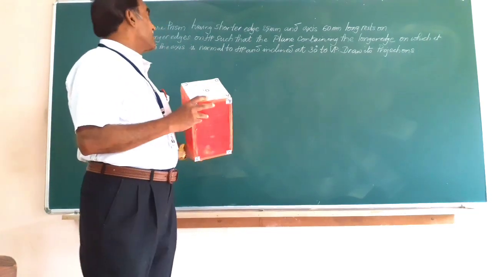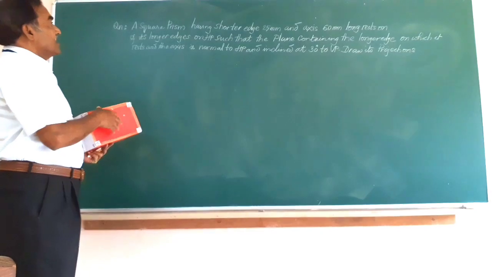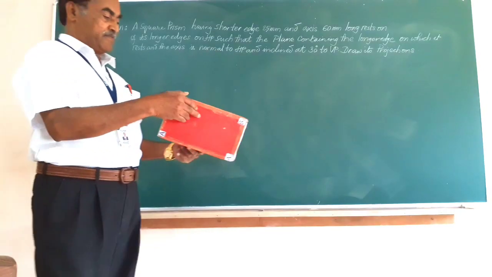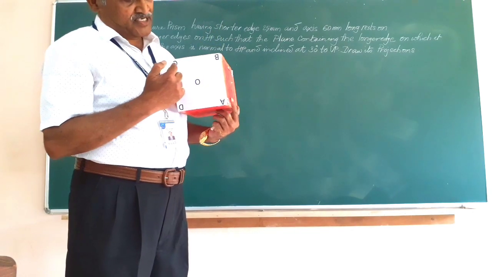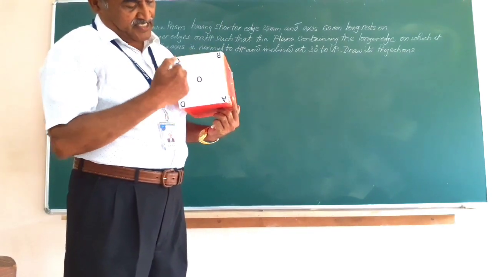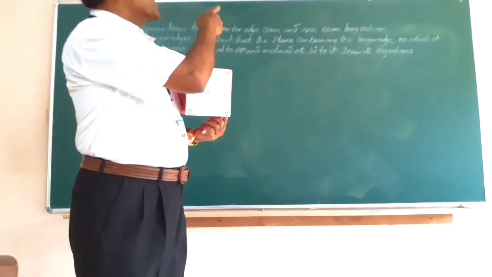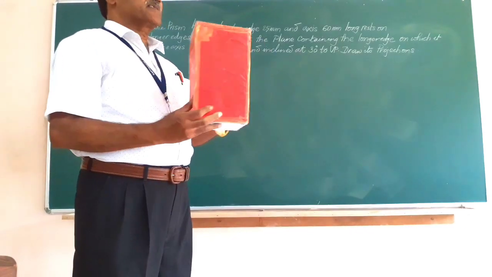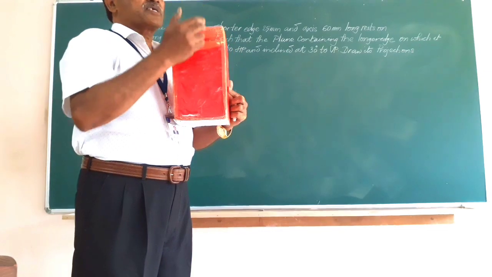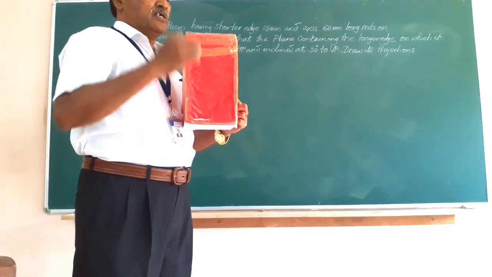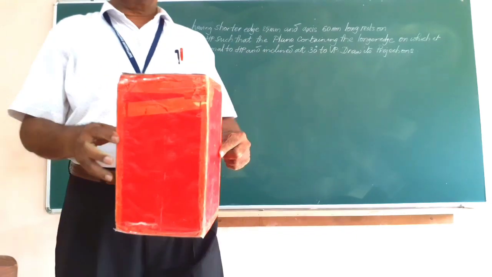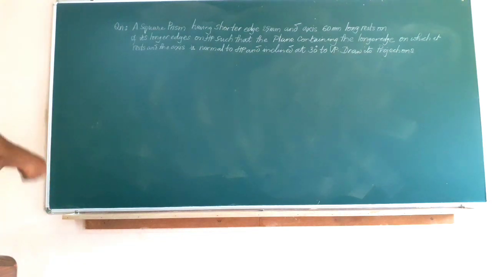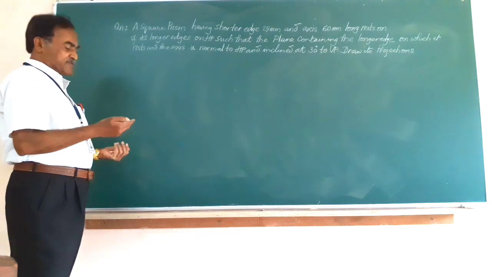In today's problem, we have a square prism having shorter edge 25 mm. A square prism will have a square bottom and a square top. Here the edges are AB, BC, CD and DA. Each of them measures 25 mm, and the axis of the solid, or the height of the solid from the center of the top face to the center of the bottom face, is given as 60 mm. Now it is resting on one of the longer edges on HP.